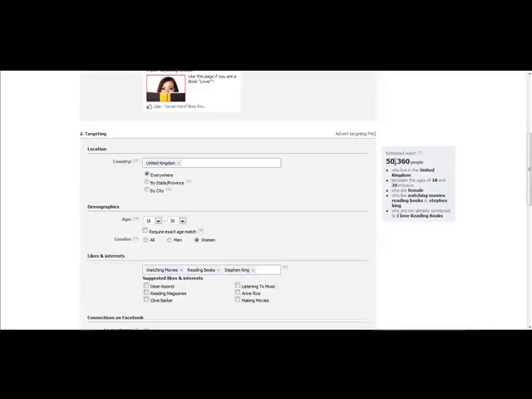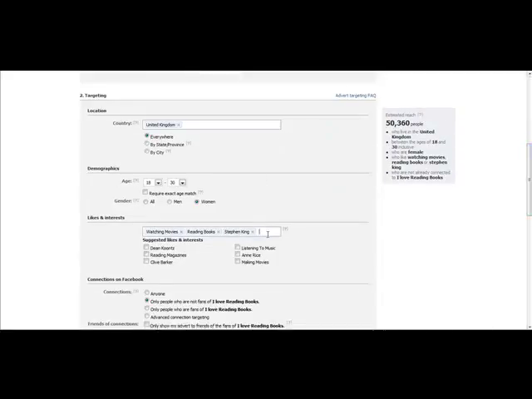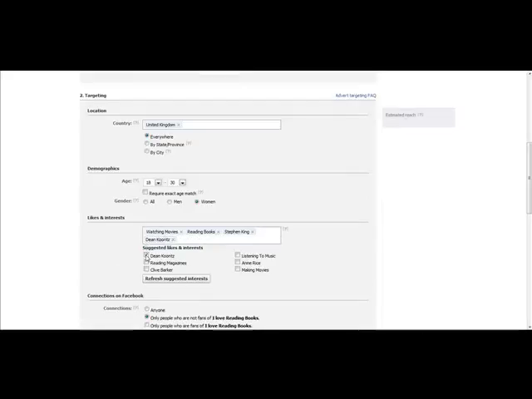Okay, that's out of 50,000. That's pretty much what we're looking for. And we got Dean Koontz. Okay, 58,000. Reading magazines,